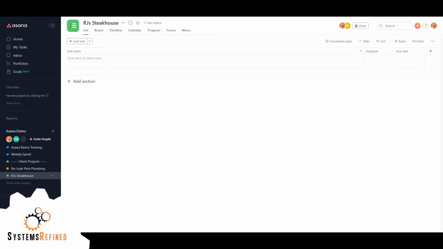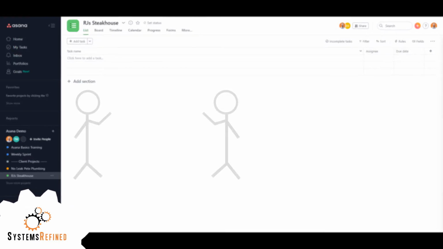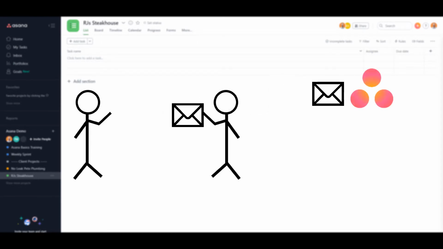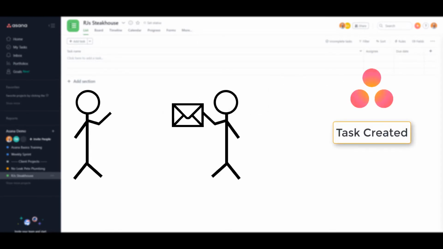Today I'm going to show you how you can forward client emails automatically into one of your Asana projects. If a client were to email me, their email will get forwarded into an Asana project that is being managed by their account manager. And I also have a rule set up so that the new task will get assigned